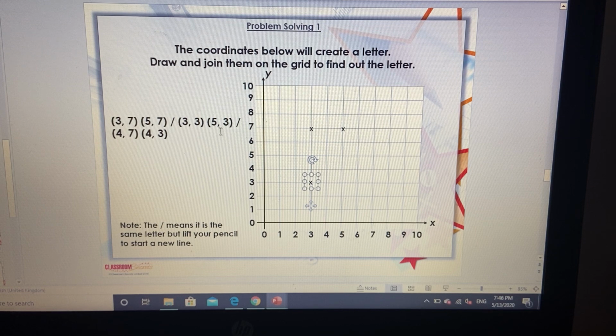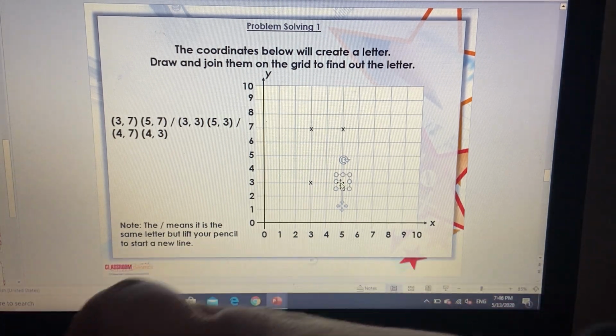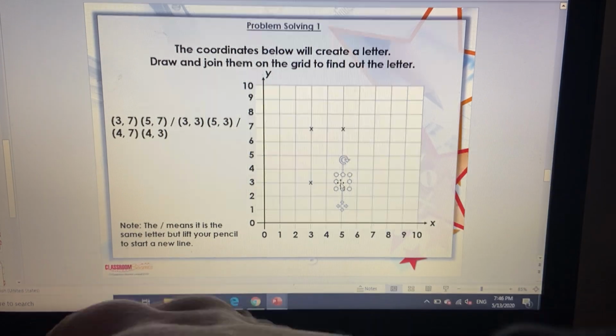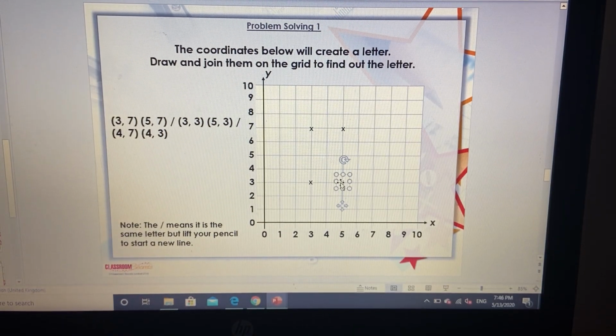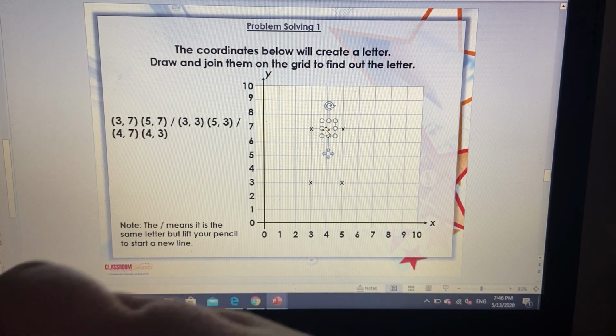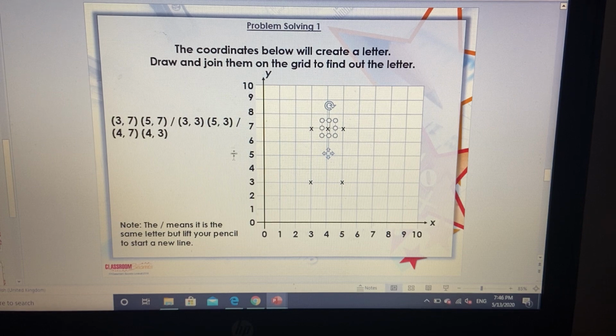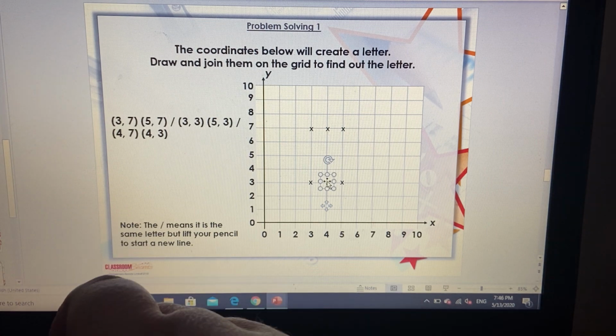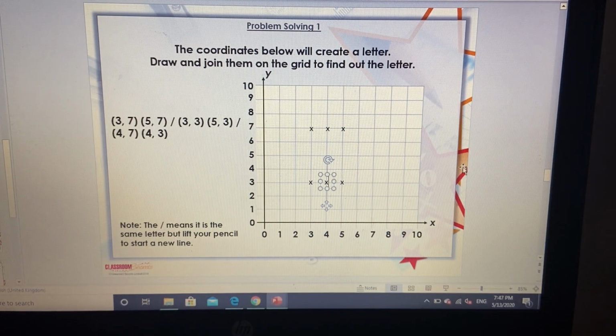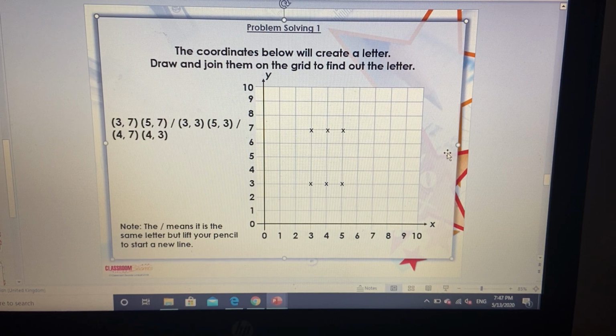I can then go to 5, 3, so I'm going to go along to 5 and up to 3, pop my X in there, and the next coordinates I have got 4, 7, so I'll go along to 4 and up to 7, where I can add my next coordinate in, and then I can go along to 4 and up to 3 for the last coordinate. So right now that does not look like a letter to me,